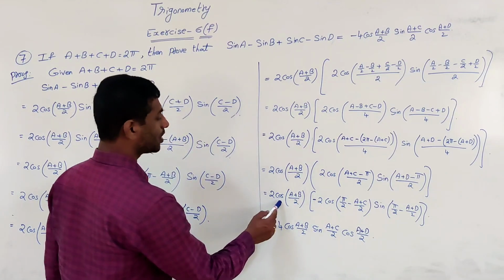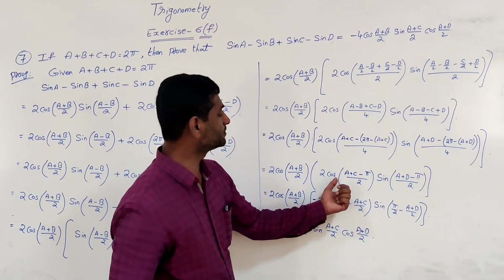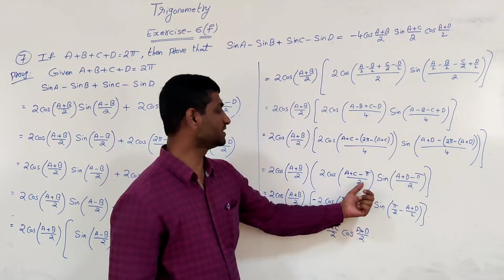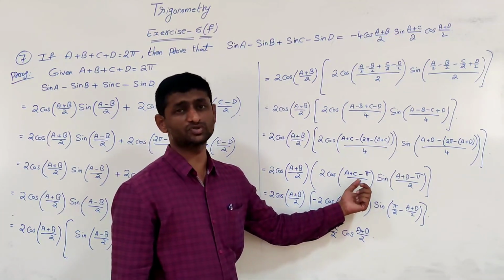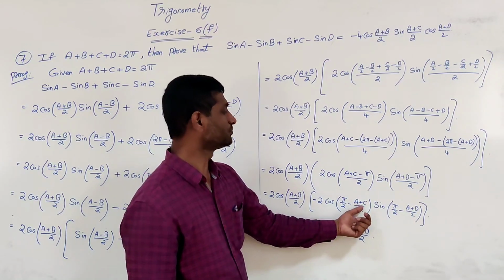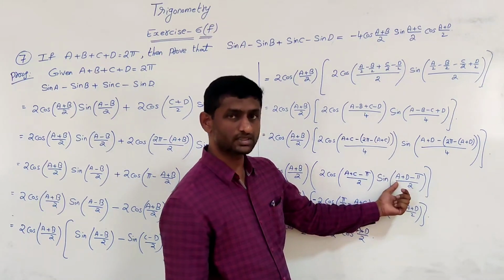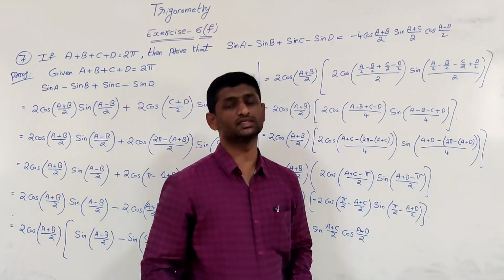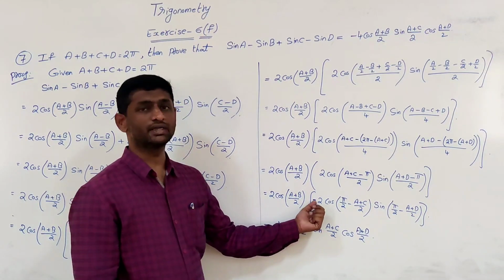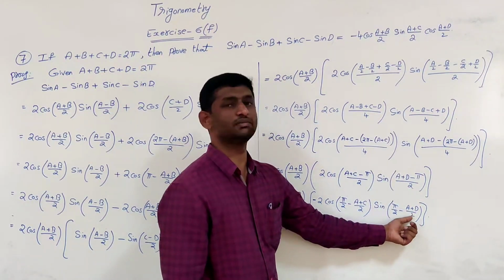Next, 2 cos (A plus B)/2, 2 as this cos of, it seems to be cos of ((A plus C)/2 minus pi by 2). Means if you take the negative also, cos of minus theta becomes cos theta. So cos of (pi by 2 minus (A plus C)/2). Sin, if you take minus out, minus inside as a common, it seems to be sin of minus theta. But sin of minus theta is minus sin theta. So already that's why I have written minus. So minus sin of (pi by 2 minus (A plus D)/2).